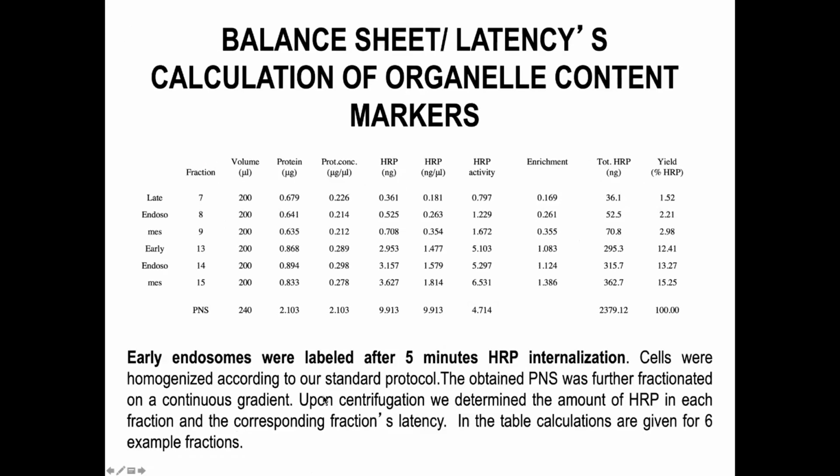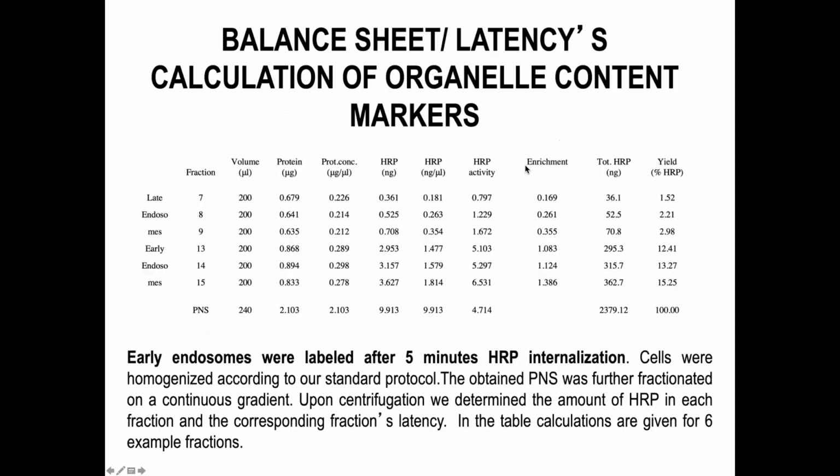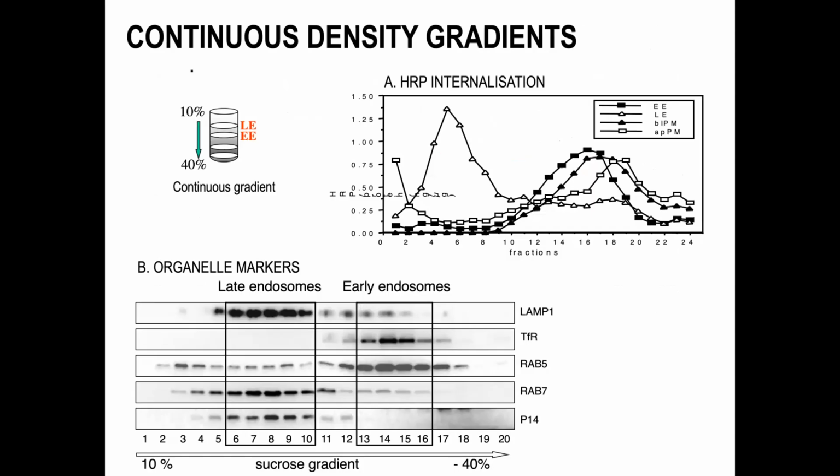RAB7, as I have shown you here before, is a GTPase that is found on late endosomes. RAB5, RAB4 and transferrin receptors are found on early endosomes. So let's look at our gradient and on the Western blots, and there we see RAB5 mainly on early endosomes, but also a bit on late endosomes. Transferrin receptor only on early endosomes. LAMP1, lysosomal associated membrane protein number 1, mainly on late endosomes. So that gives you a good feeling that you can enrich to a certain extent, and that this is already